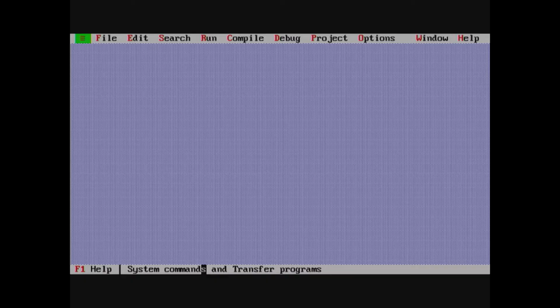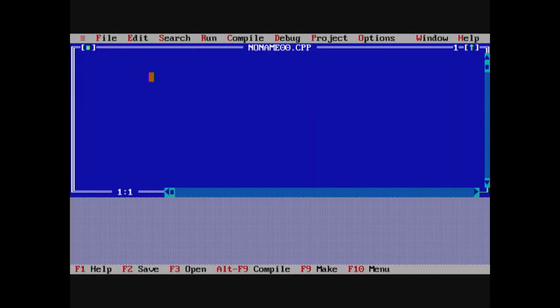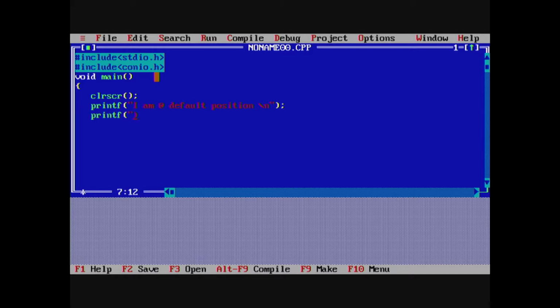Now, we can write the program. You take the text editor and start entering the program. #include stdio.h, #include conio.h, then within the main program, within curly braces, you call the function clrscr, then printf I am at default position, then printf it is working.